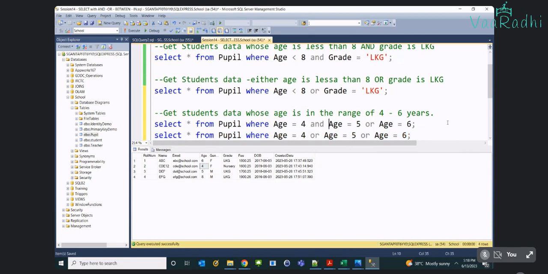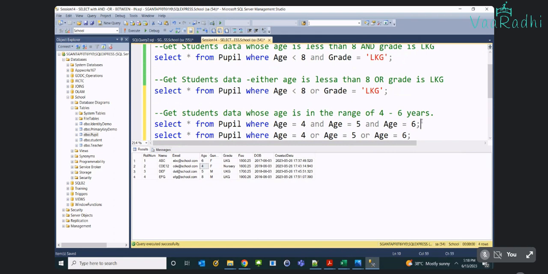Which query can give me the expected output? Out of these 2 queries, which query can give us the expected output? OR operator. Why? Because it takes collective